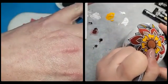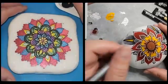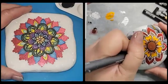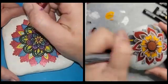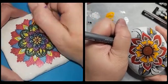That little bit of black liner just makes it pop. Yeah, yours. I love the white and the black together. That is awesome. I'll have to go back and fix a little bit of that white, but